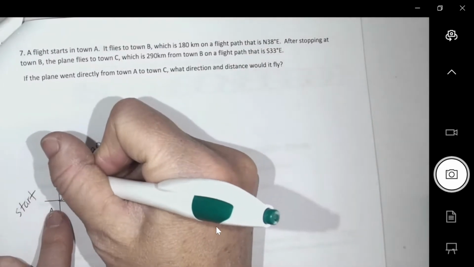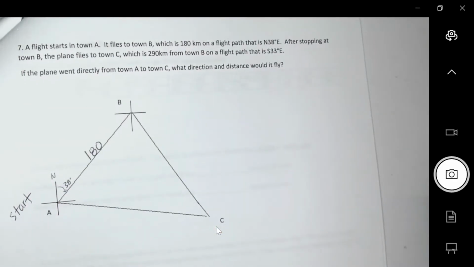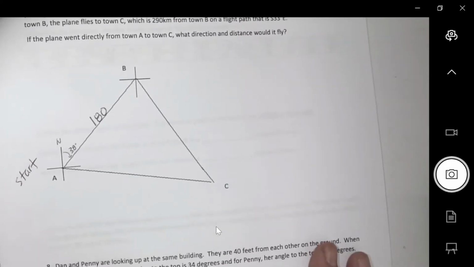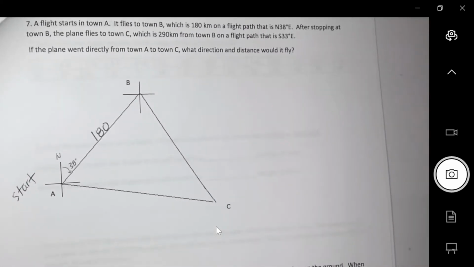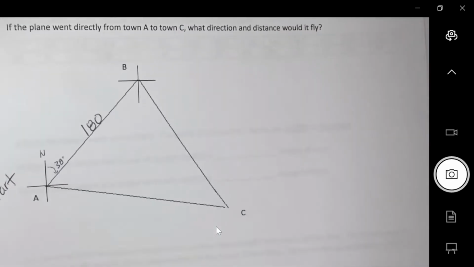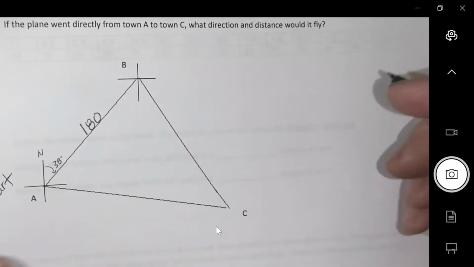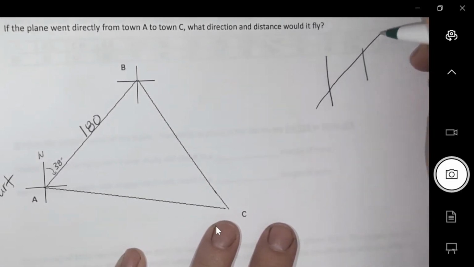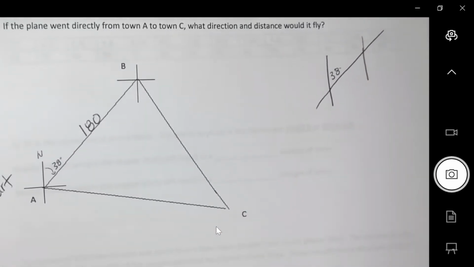So north, 38 degrees east. So that's where you can put the 38 degrees. Now, this is very important. Using parallel lines, so if there was a 38 there, using parallel line properties,